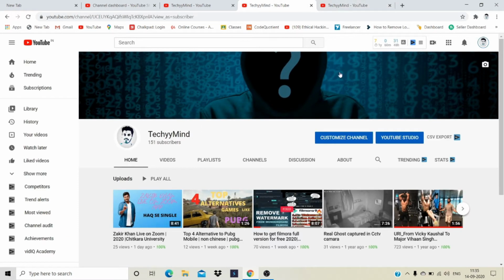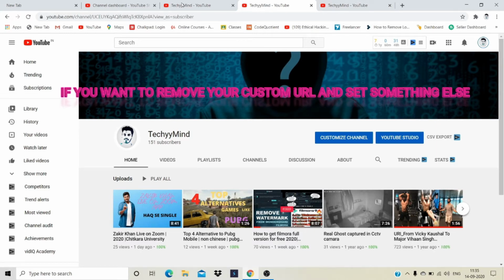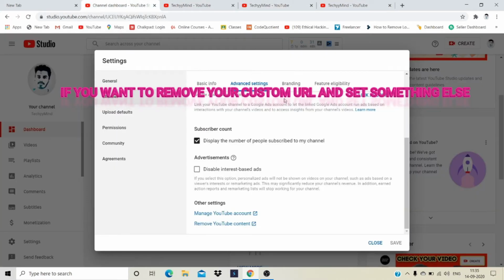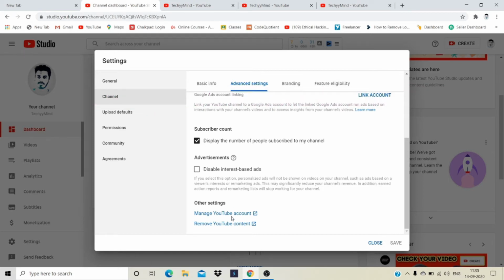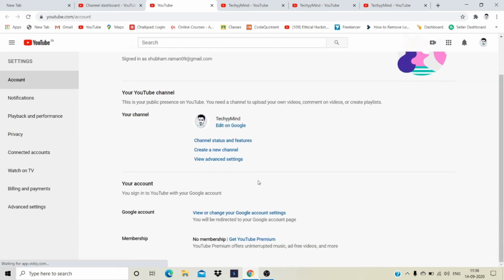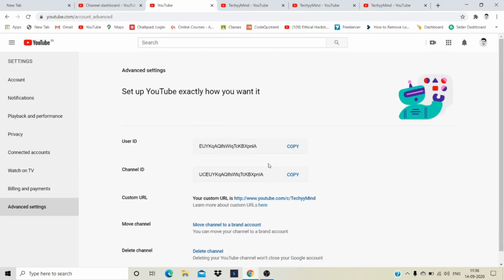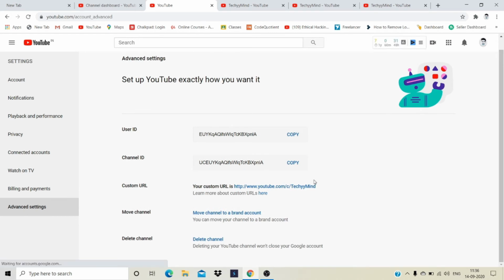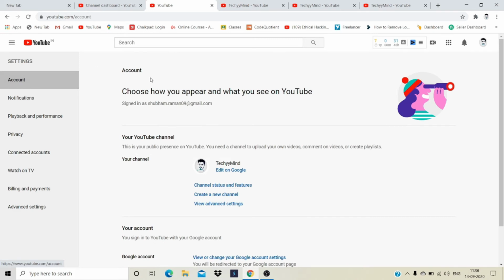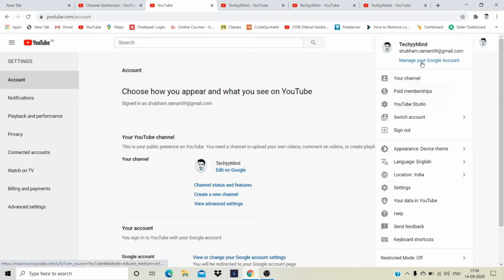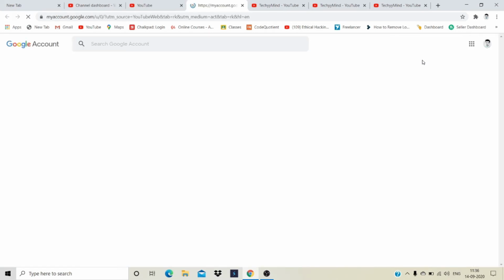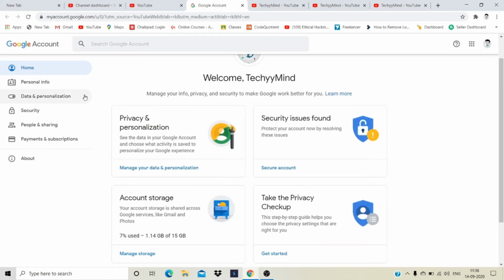If you want to remove your custom URL, then you have to again go into your channel, advanced settings, manage YouTube account, view advanced settings. For changing your custom URL, you have to go into account, manage your Google account, personal info,